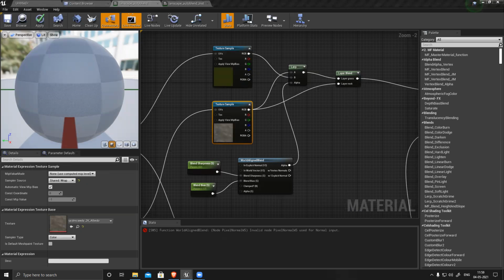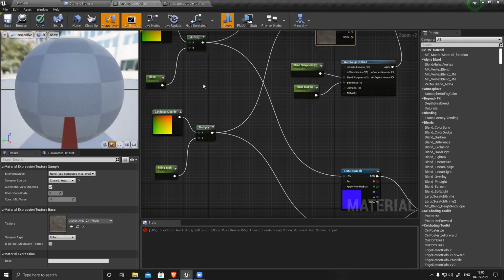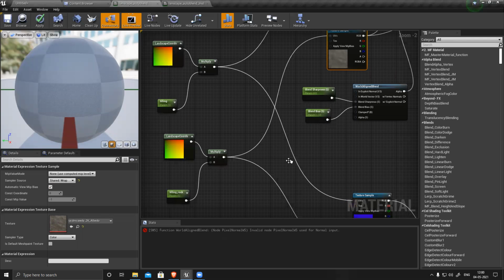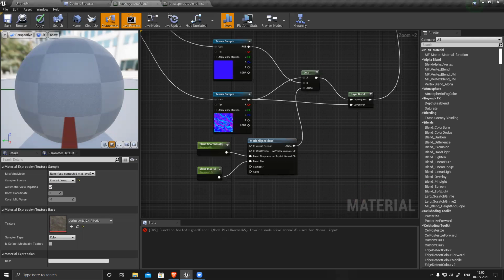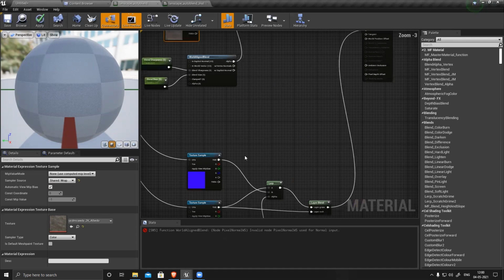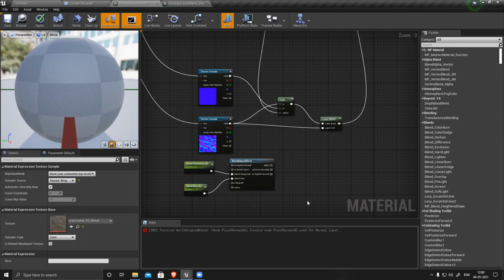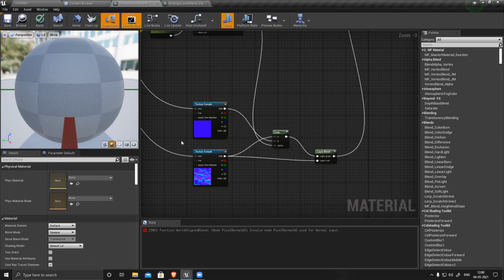Nothing wrong. So the naming, I checked. Tiling, rock, separate. This doesn't matter. I can connect this to this. I think it's not required. But still, it's showing an error.